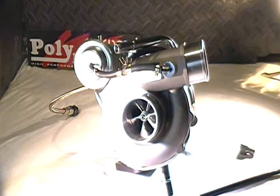The concept is to create a stock location turbocharger that works with both the 2.5-liter Subaru STI engines from 2004 to 2014 and the 2-liter WRX engines from 2002 to 2014, which includes the 2008 to 2014 WRX engine with some slight modifications. At the same time, this turbo still allows the use of simple bolt-on modifications from a variety